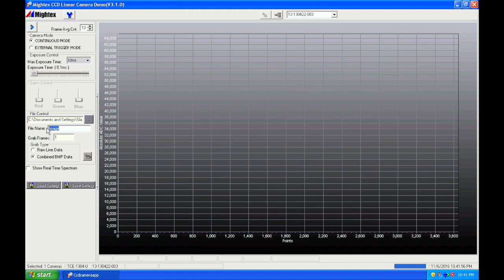Usually we suggest you name your file by the size of the slit. For example, if you're going to record the data first for 0.02 millimeters, I will just type 0.02 millimeter slit. Then for the graph type, we are going to select here raw line data, and then we will show the real-time spectrum. Lastly, you're going to click here on this blue arrow, and this will help you to observe the live data